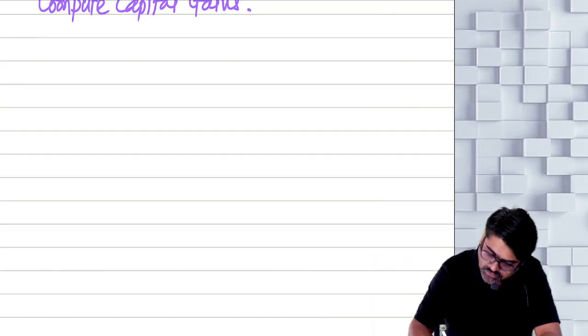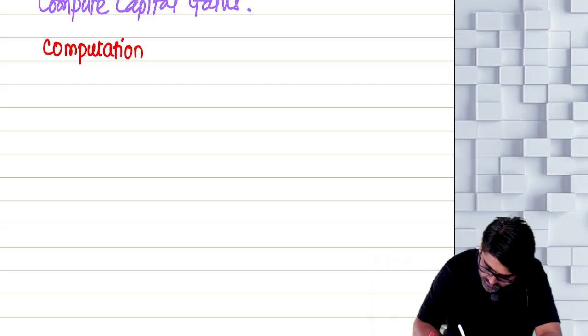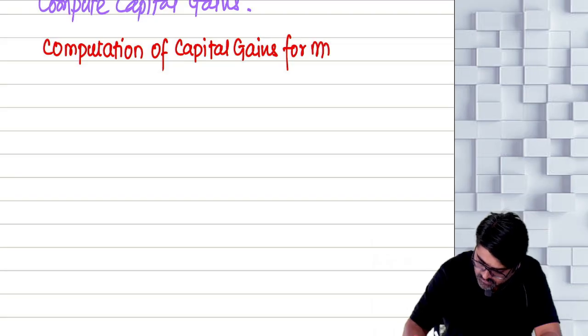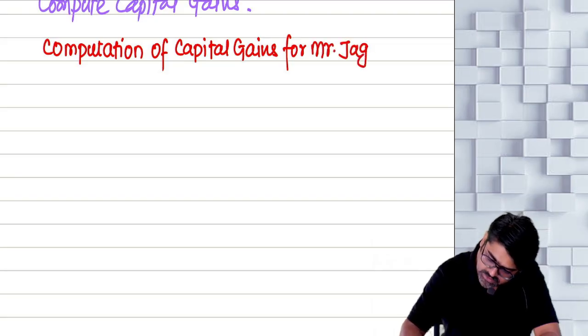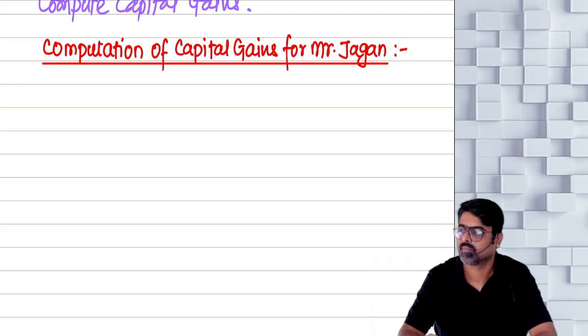So, first of all, we are doing computation of capital gains for Mr. Jagan. We are computing the capital gains for Mr. Jagan. Now tell me, capital gains of Mr. Jagan which we are going to calculate,